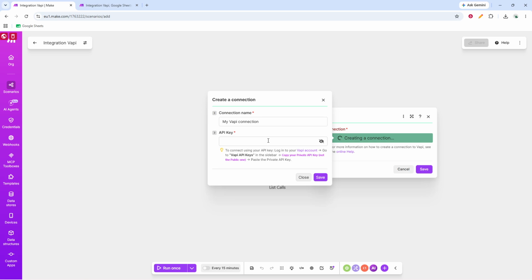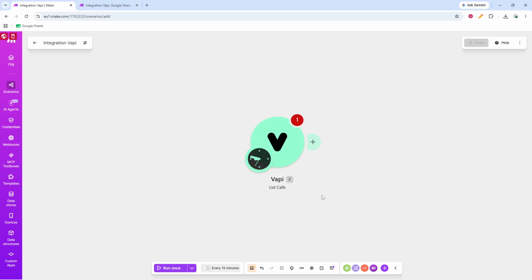Make sure you use the private API key and not the public API key, since the public key will not work for this connection. Once the API key is in place, click Save. This creates the VAPI connection and returns you to the scenario. At this point, the first part of the workflow is ready, and you can move on to sending the data